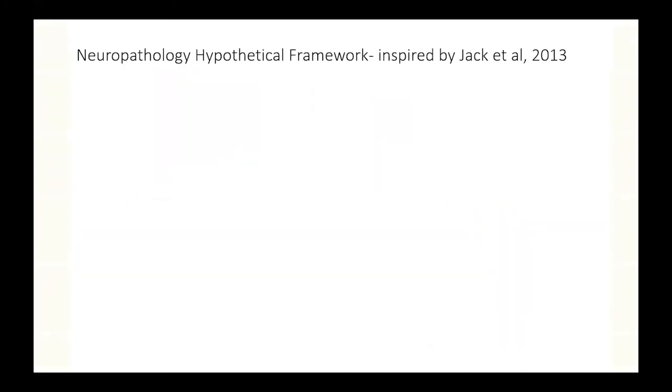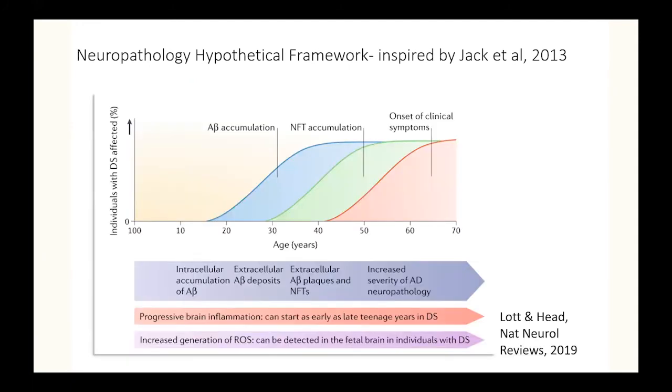And indeed, what the whole lab is focused on, everybody's contributing a piece to this project in the lab, is to put this in context of the Jack curve, which I'm sure you're all familiar with, which is typically applied for biomarkers. But I'd love to apply this in the context of neuropathology. And so Ira and I put our heads together and started this conceptually to think about, what ages do we start to see these different pathways engage?